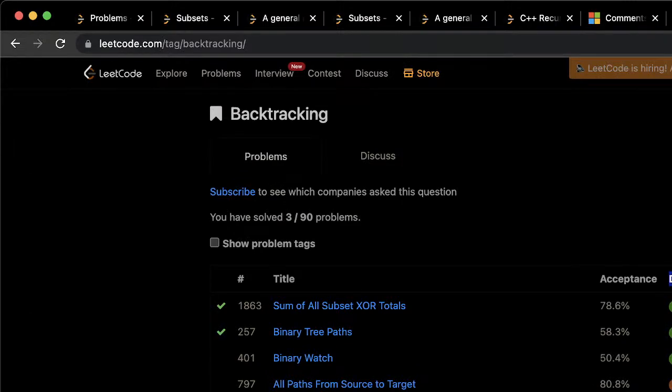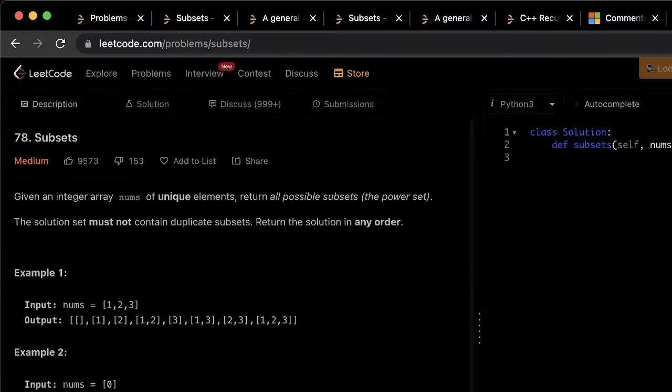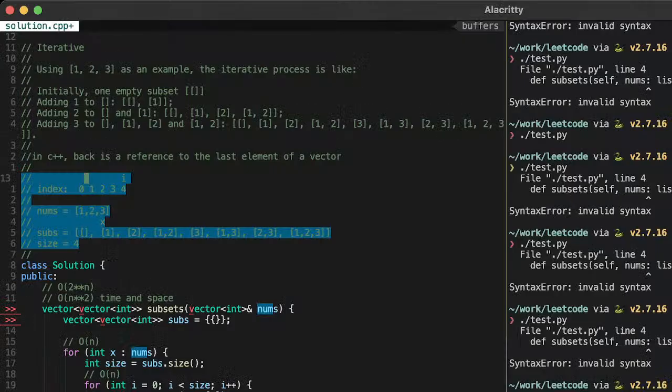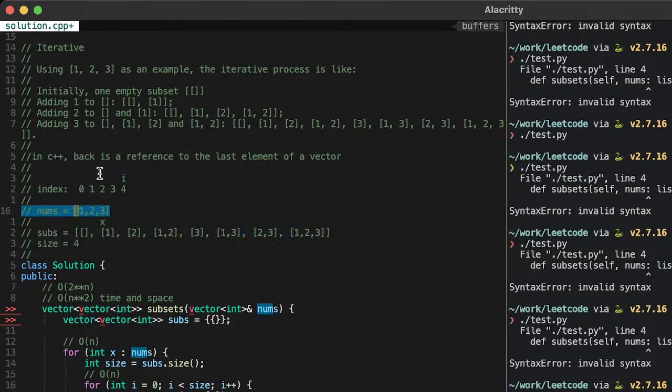So the idea is just figure out where you need some work, go get some practice, go back and test yourself again. And just keep going back and forth between testing and practicing. Testing, practicing, testing, practicing. This is a good strategy. There are others out there, but one strategy is to keep track of intermediate variables and see how they're changing as the input gets transformed into the output. In this case, input is 1, 2, 3. Output is this list of lists or vector of vectors.